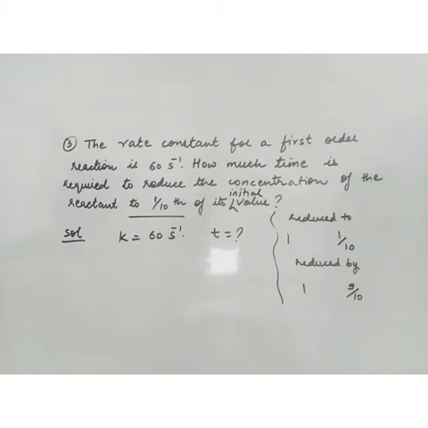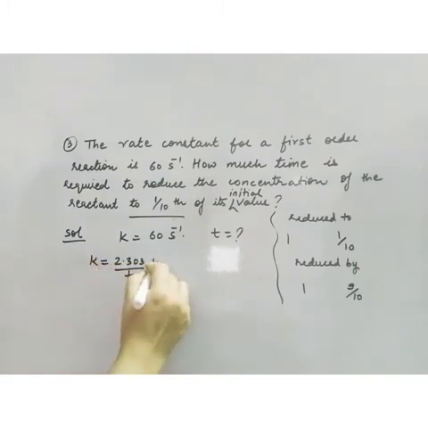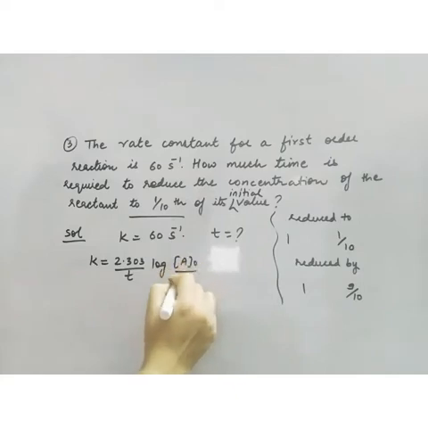So again I will use the integrated expression. Now you can see that we are using the integrated expressions to solve our questions. Integrated expressions we use for calculating the rate constant, for calculating the time like this. We cannot calculate rate by using integrated expression. For calculating the rate of reaction, again we have to use the rate law only. Okay, so first integrated expression is like this. Now time I have to calculate.